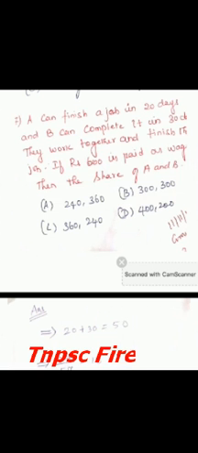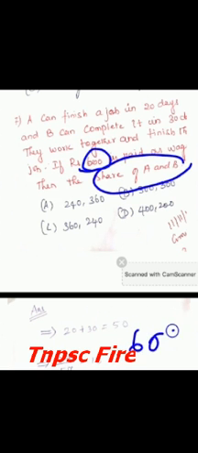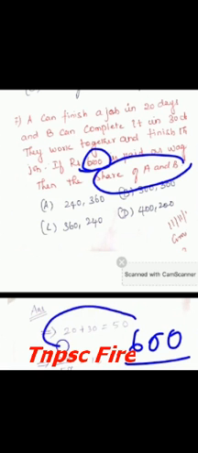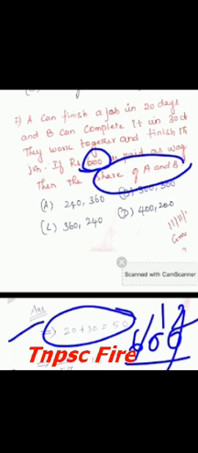Here they give wages, 600 rupees. Then we are going to find the share of A and B. Here they give 600 rupees wages, so if they give wages, you just put it in the numerator and divide by the number they give for A and B. Here they give 600 rupees, then the A and B value is 50, so you divide it and you will get 12. This is the first step, this is the second step.